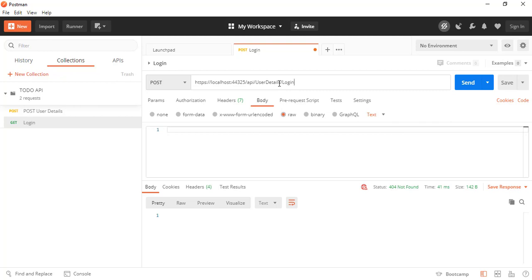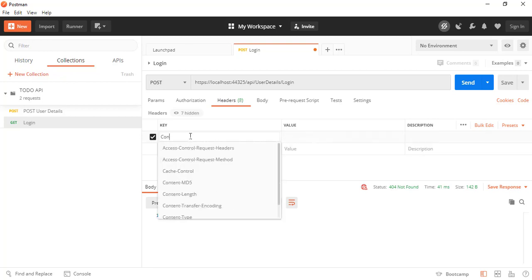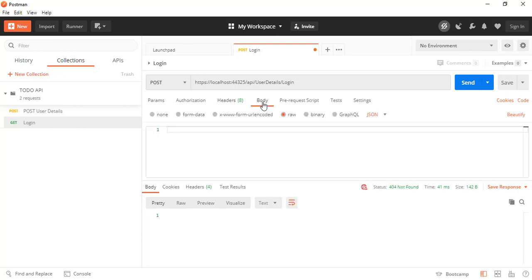Now let's add in the headers what we are going to pass, which is JSON. So we need to define the content type here. So Content-Type, and let's set this as application/json. And in the body I'm going to pass email and password. Let's give email, and the value will be the last created value.